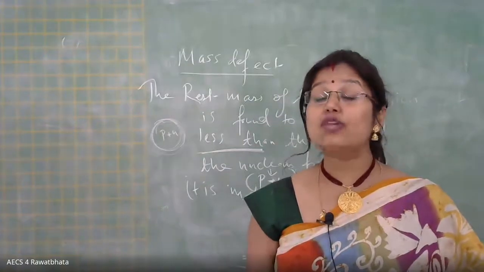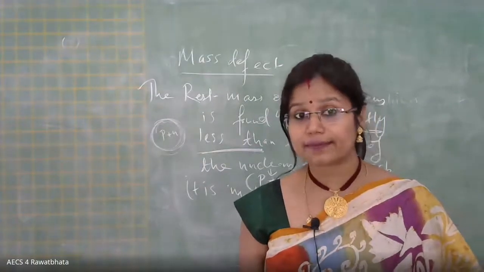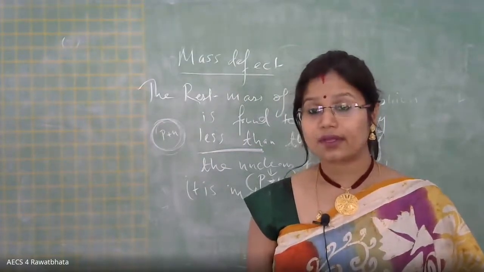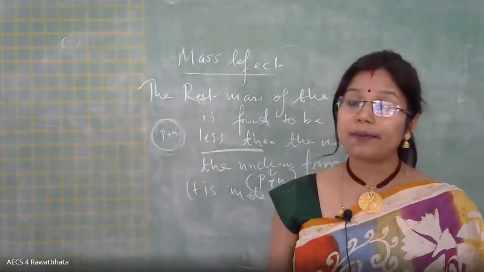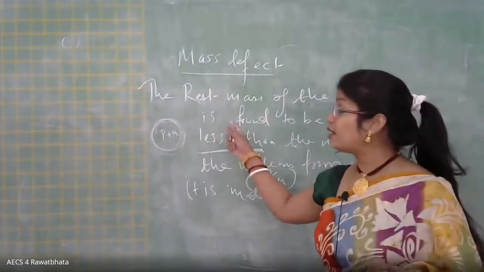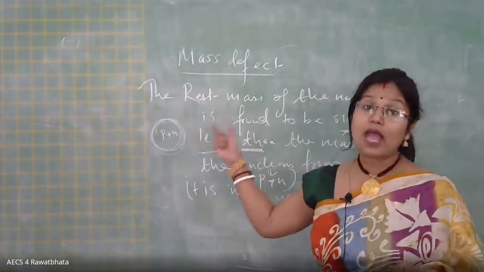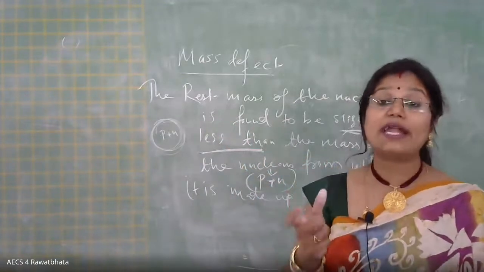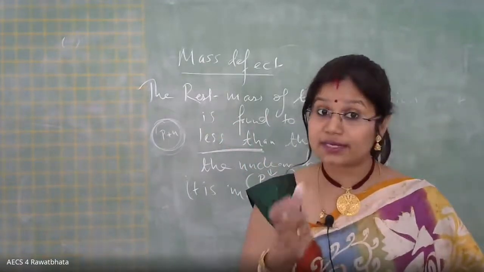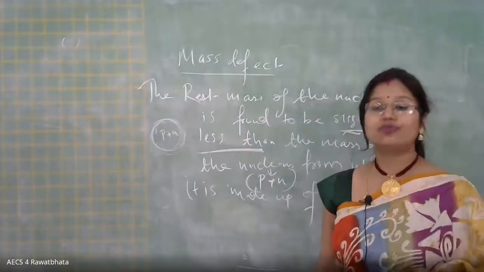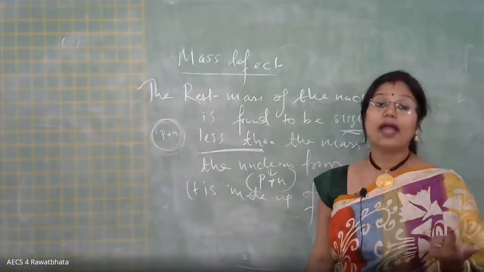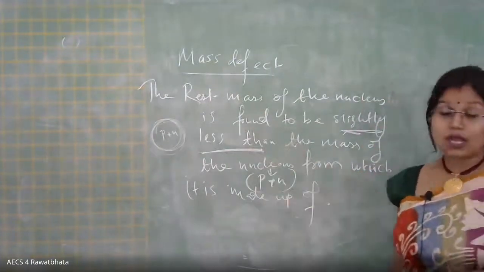Because to find out the energy, what is our formula? Just now I told you, to find out the binding energy, your mass defect is multiplied with a particular quantity which is really huge: c square. Yes, dear. And because of this only, you are getting a huge amount of energy. So this is the mass defect.